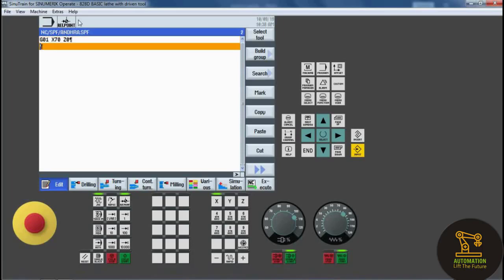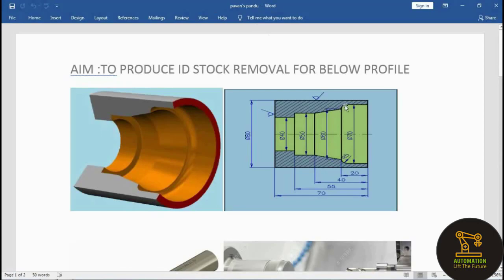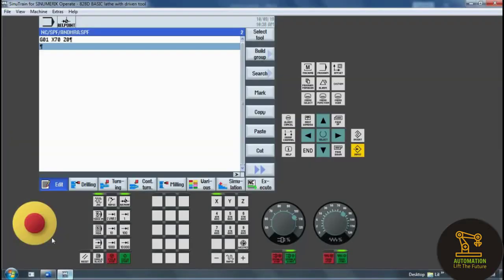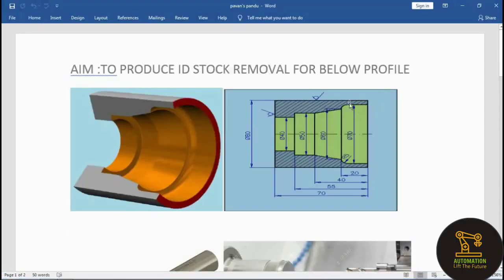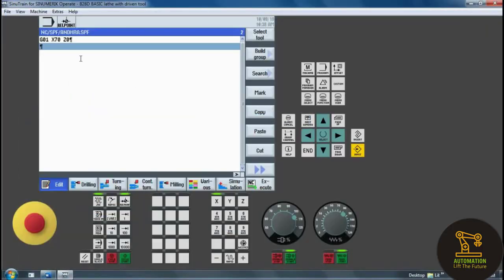Next is a linear motion, so G01, X70, Z minus 15.